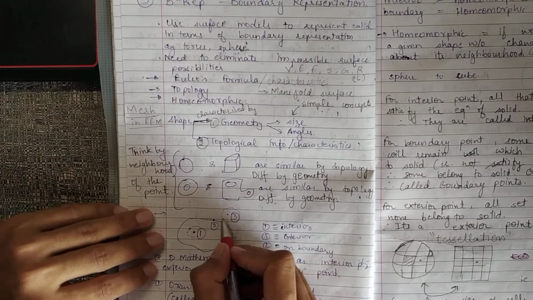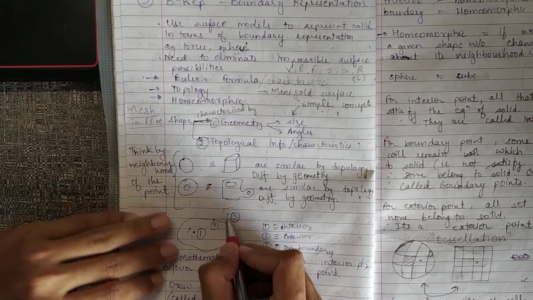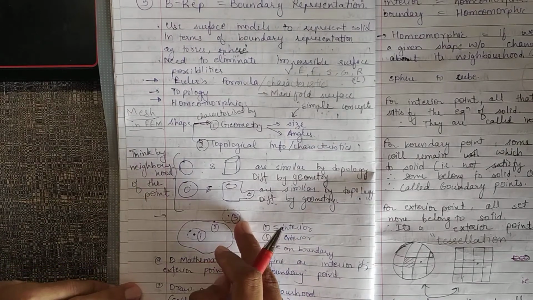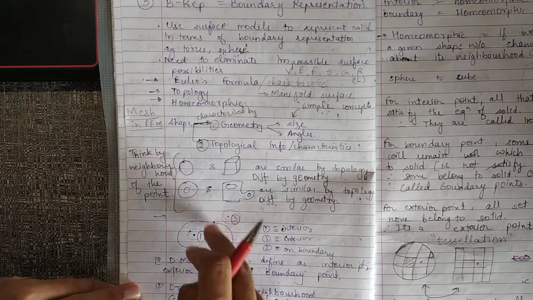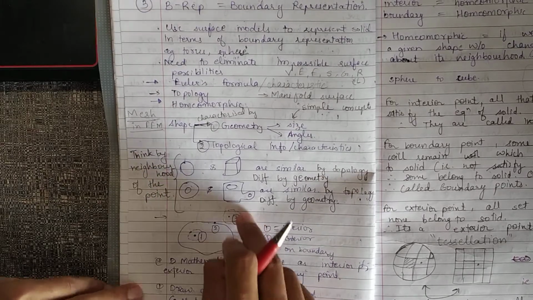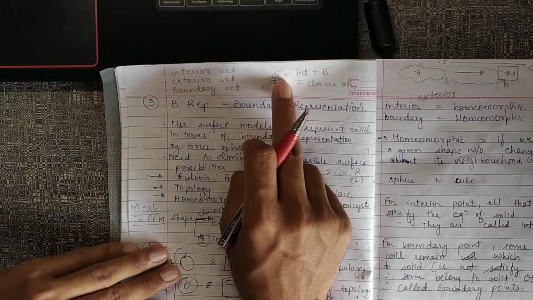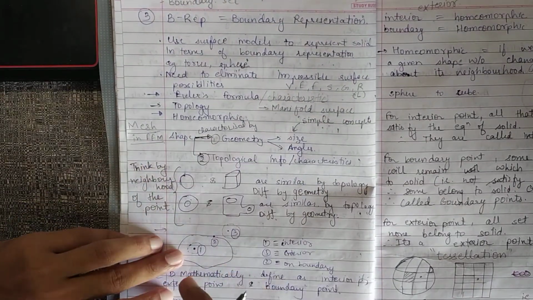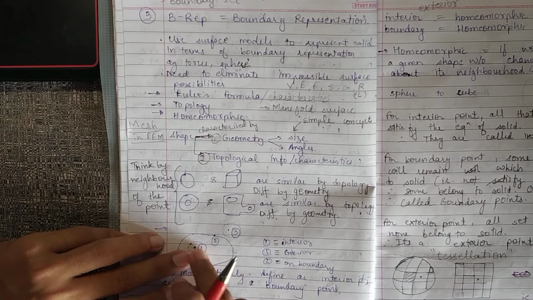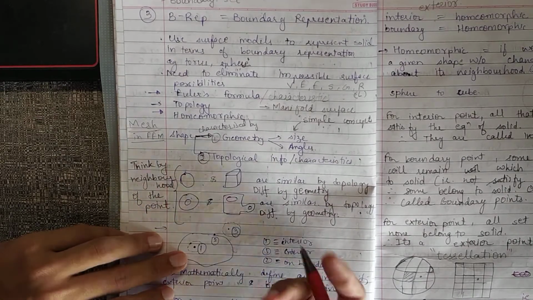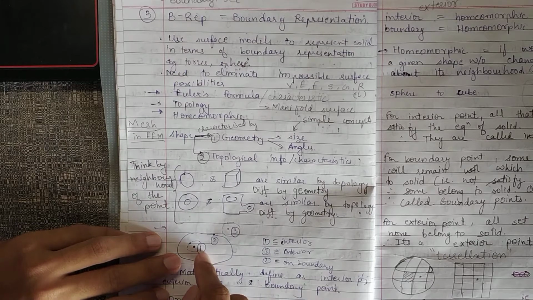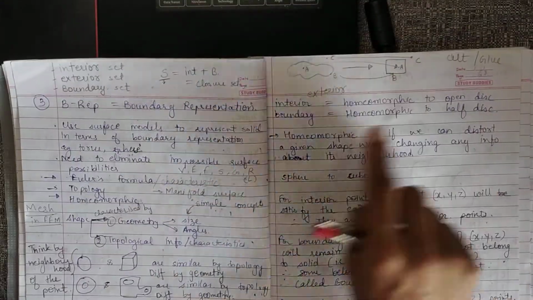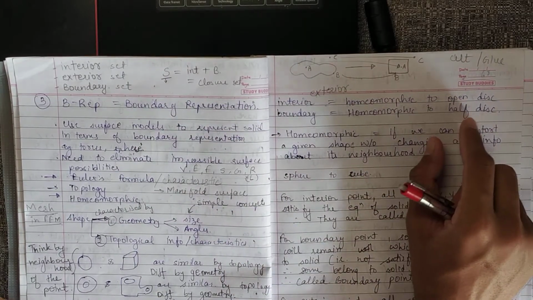And similarly, an exterior point would be that if ABC is the exterior point, then the epsilon neighborhood of that point and all the points which are in the epsilon neighborhood must not be in the set S, then that's the exterior point. And if a point is not an interior and not an exterior, then it's a boundary point. So an interior point and an exterior point are very much similar to an open disk, and a boundary point is very much similar to a half disk.